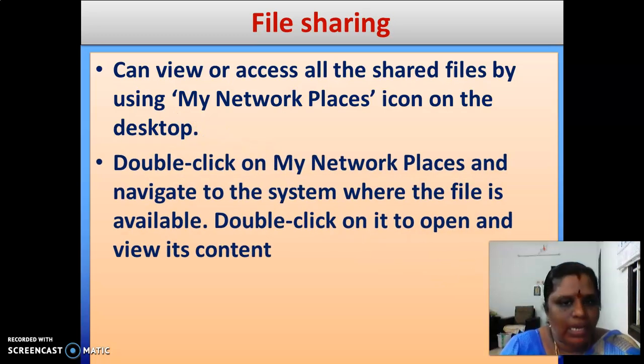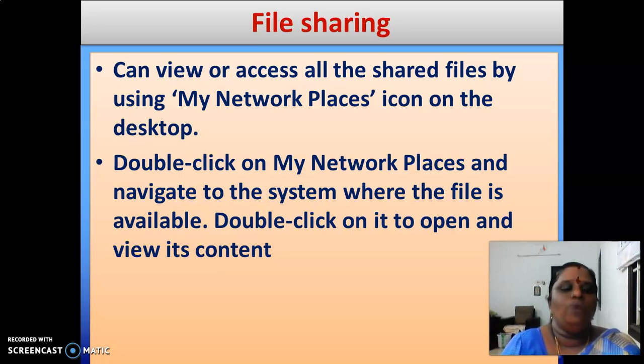You double click on My Network Places and navigate to the system where the file is available. If you are in the lab, you can very well see how we go to My Network Places. As I am using a laptop, I cannot practically show the file sharing concept. When we come to school, we can practically see how My Network Places works.